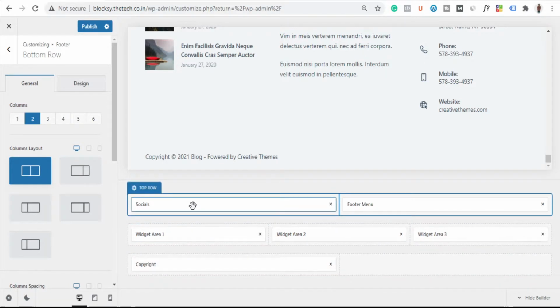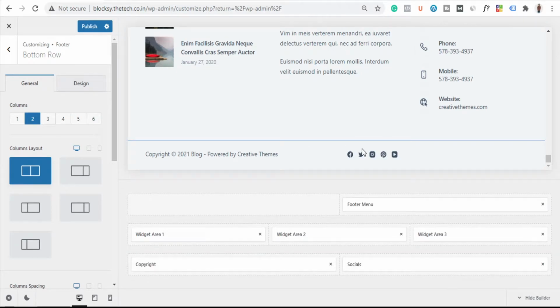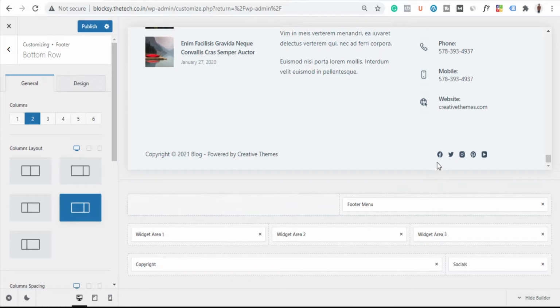Now you can just go to social and drag it to here, and as you can see this one is added, right? But it's not properly aligned. So what to do? I will choose this one. I think here it means that the left column is around 75% and the right is 25. So I'll choose this one, and automatically this column will be shifted. Or even I can choose this one as well and say it's going more to the corner side. Okay, and yep, this is looking good.